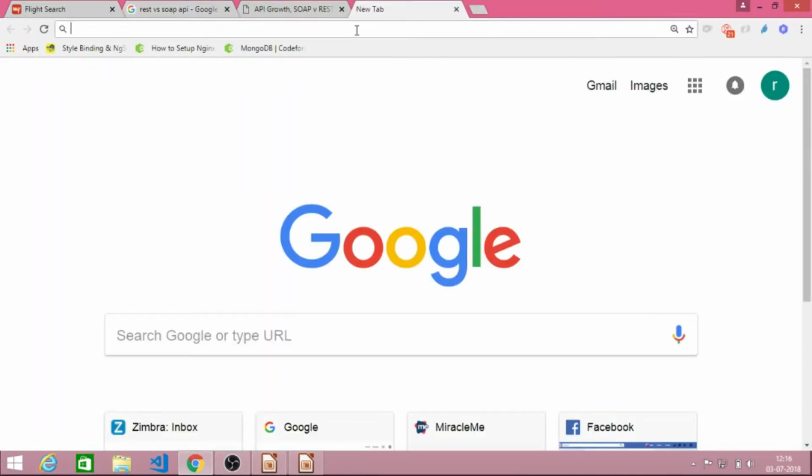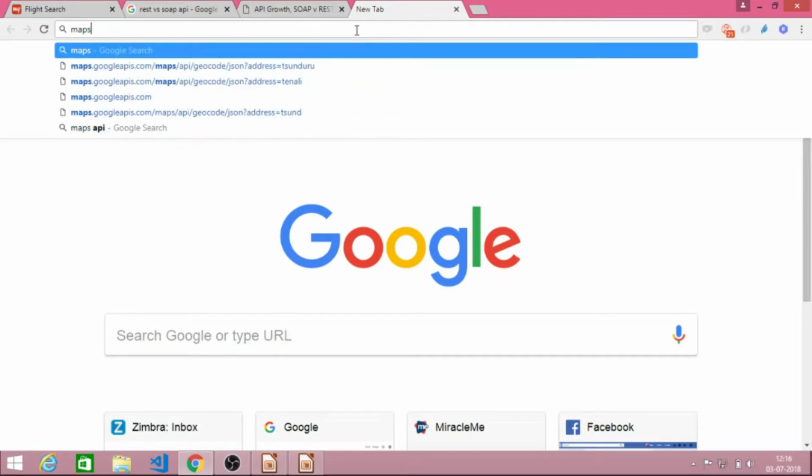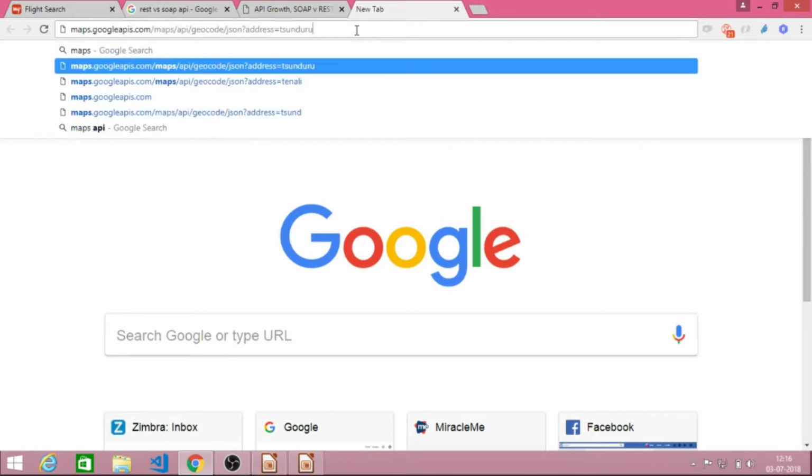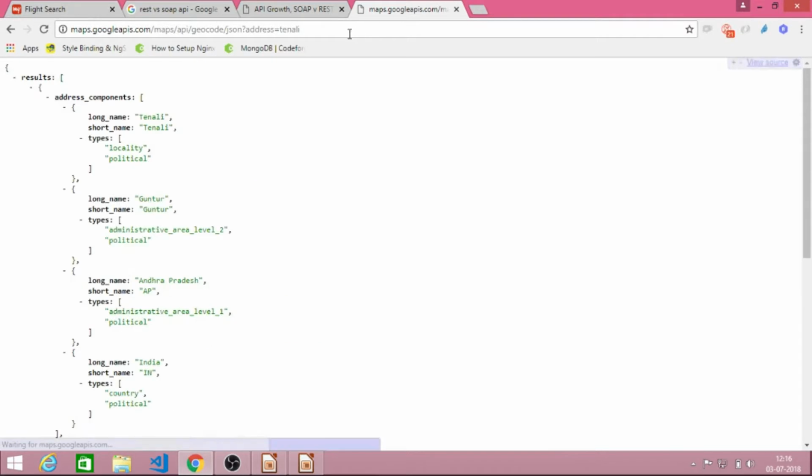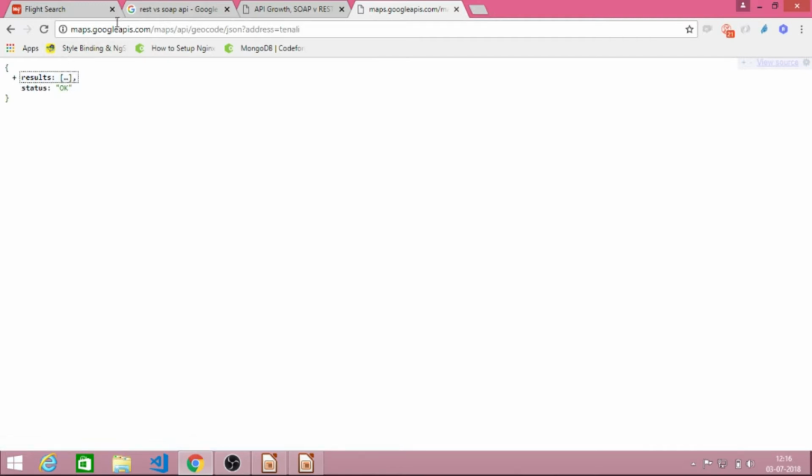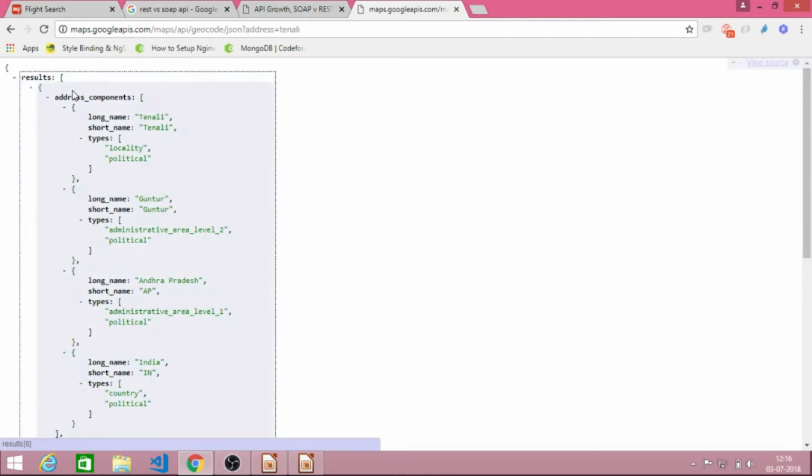We'll go with another example. See here, this is a JSON object. Google Maps API uses this JSON and sends the data as JSON. This is one API. It sends the coordinates of Tenali.